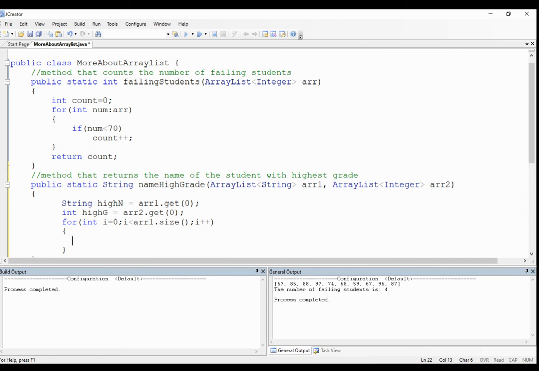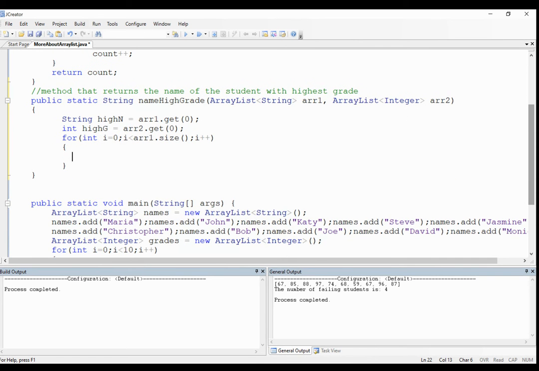And then we're going to compare or look for the highest grade. So I'm going to put here if R2, okay, that get I, it's higher than high grade,